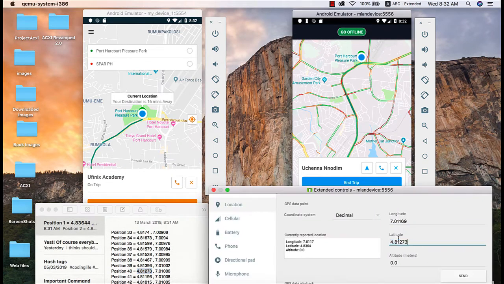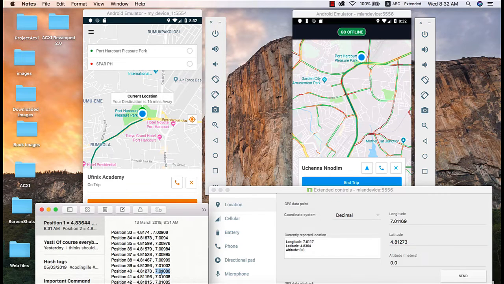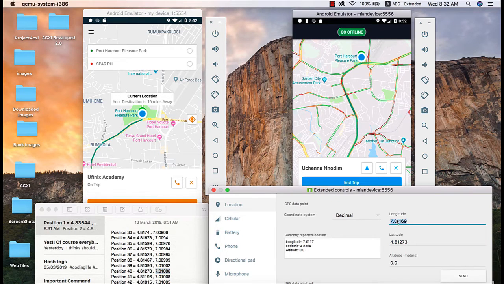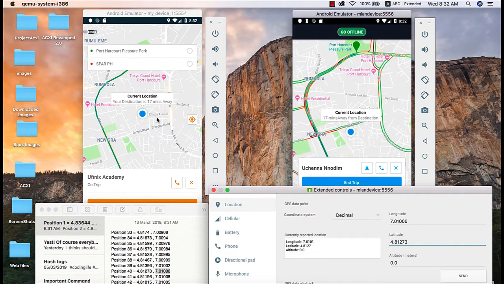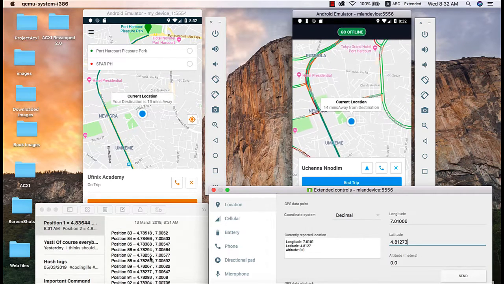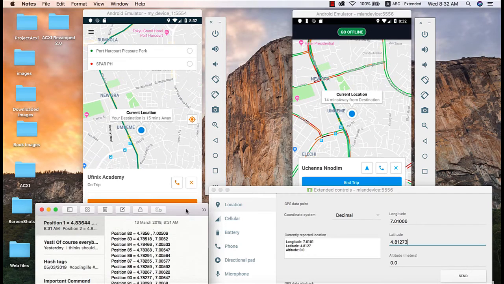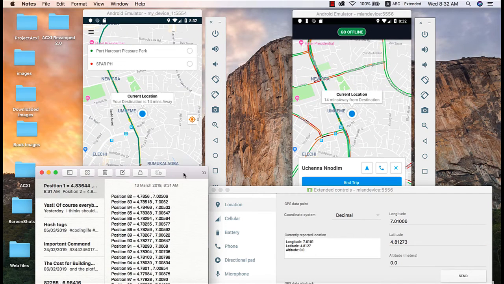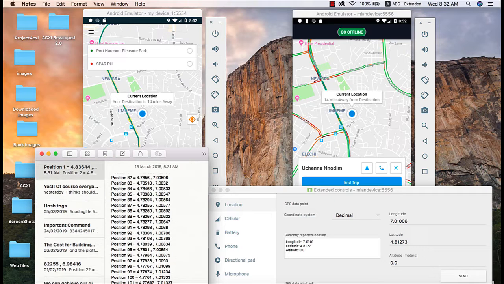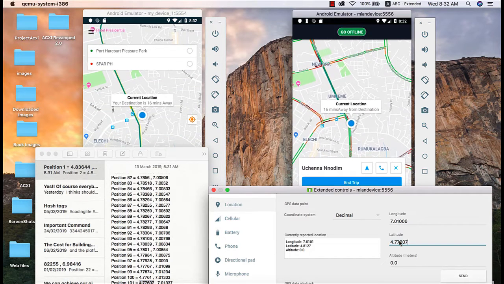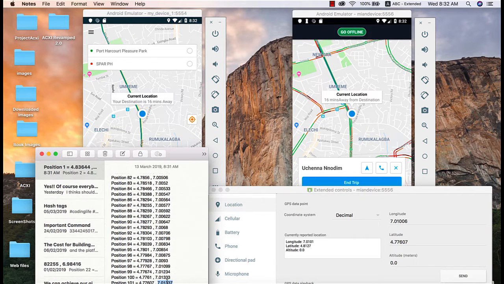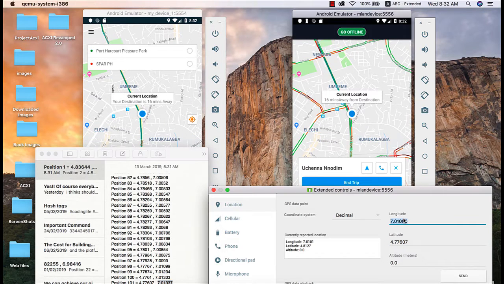All right, so I'm going to paste the latitude value and the longitude value. Okay, so the movements have started. We are currently moving to our destination, so we can see the updates on both sides. To ensure that we are really quick about this, I'm going to copy the last location point, and I'm going to impute it manually. So this is the last location point, this is the latitude, and this is the longitude. Okay,